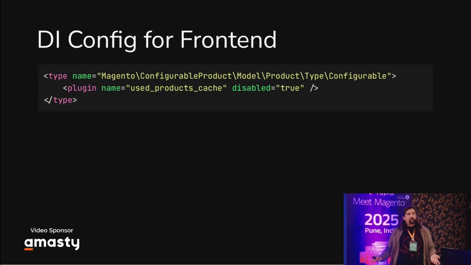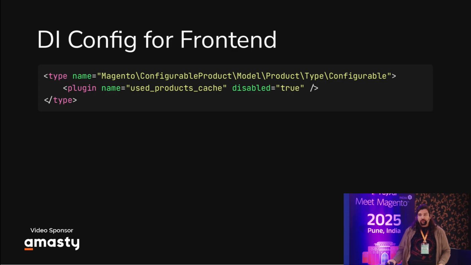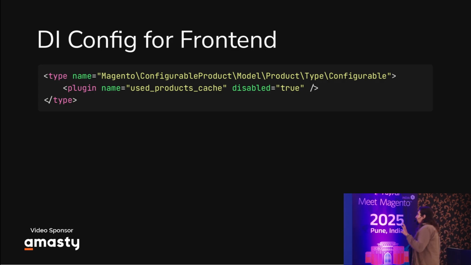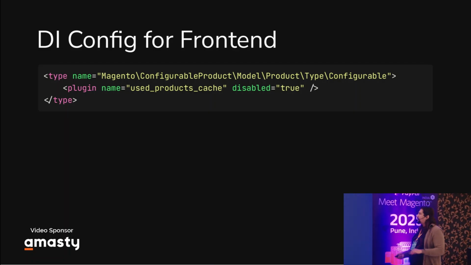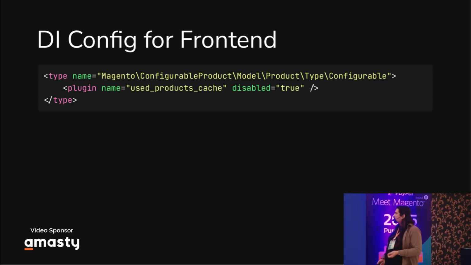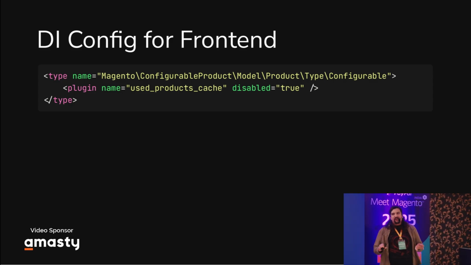So let's say you have a home page and your customer is logged in. You have one version of the cache. If the customer is logged out, you have another version of the cache. If the customer has a different customer group than the default one, it has another version of the cache. So you can have 5, 6 variations of the same page being stored in Varnish. It is actually quite hard to fix as a general solution because every merchant is different. But a lot of merchants I work with usually don't have prices per customer group. So for B2B stores, yeah, you have prices per customer group, then you have to have cache variations.